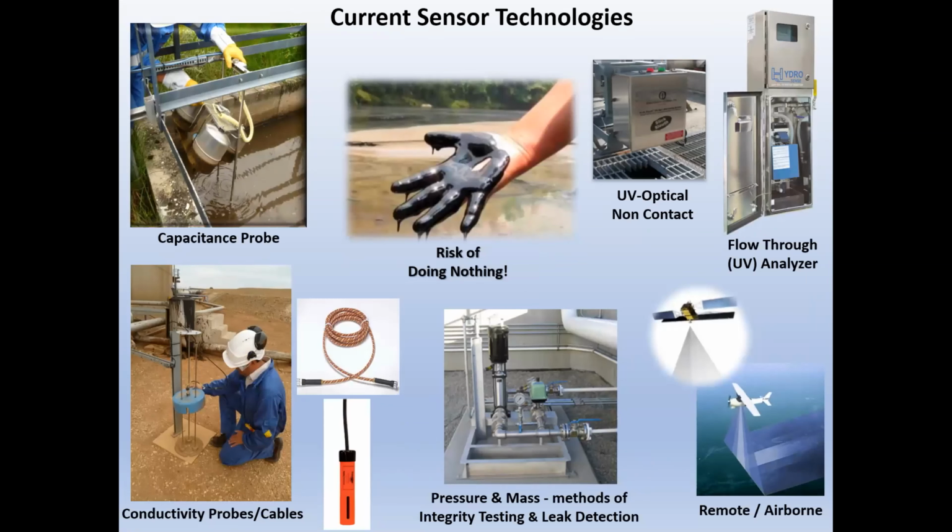There are similar technologies that float in the water using capacitance and electromagnetic type detection. There are methods for attempting to measure if there's leaks from pipelines using mass and pressure and temperature calculations. There's our UV optical type of system. There's infrared cameras and radars, not pictured here. Inside plants, they use flow-through type systems. And not unlike what she just demonstrated in the subsea systems, looking again using UV to see oil in a water column. And there's satellite, which I saw there's several presentations about that, and remote sensing from aircraft to look at